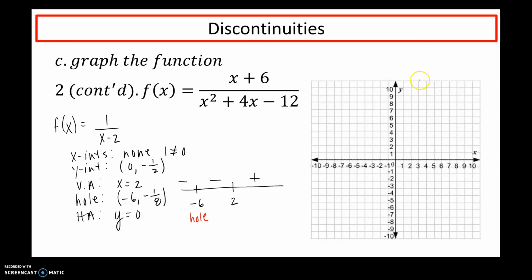All right, so let's graph this real fast. X equals 2. Y equals 0. 0, -1/2. I have a hole at -6, -1/8. Now the behavior works. Below the x-axis, I lift my pencil. And then to the right of 2, I'm